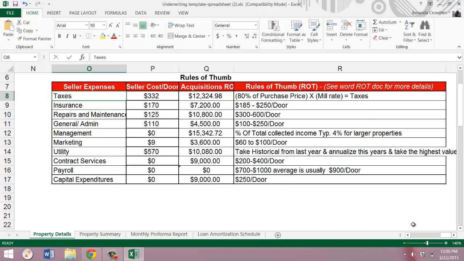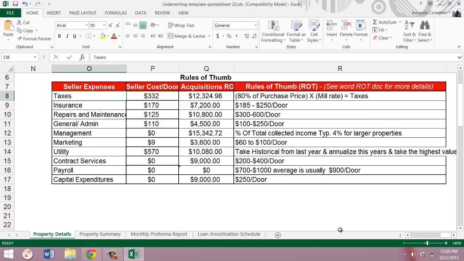We still have hydro for the office and for the laundry room, and water for the office and laundry room, and water for the grounds. So if we calculate each one of these at $120 a month, that works out to be $10,080 per year. For the moment, the only two things that we'll have in our contract services category will be the